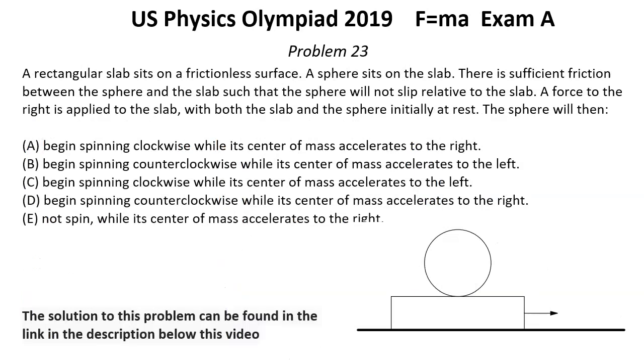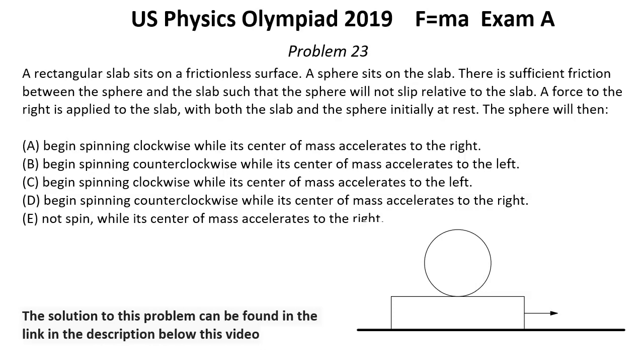Problem number 23. A rectangular slab sits on a frictionless surface. A sphere sits on the slab. There is sufficient friction between the sphere and the slab such that the sphere will not slip relative to the slab. A force to the right is applied to the slab, with both the slab and the sphere initially at rest. The sphere will then